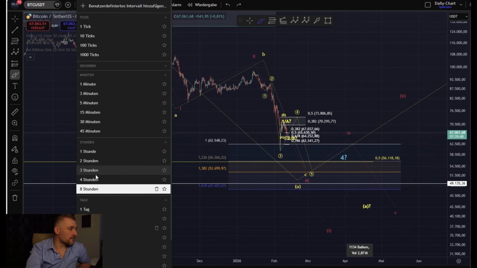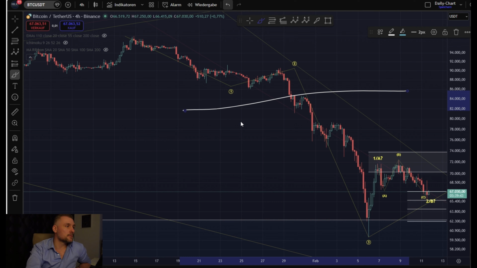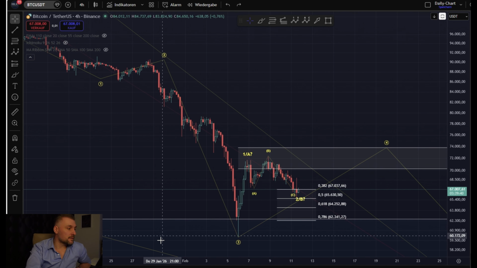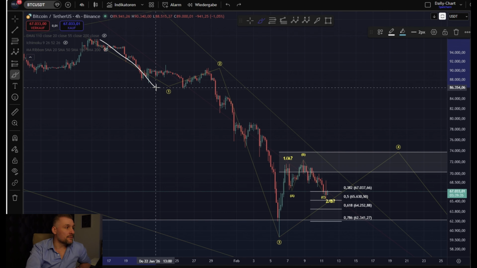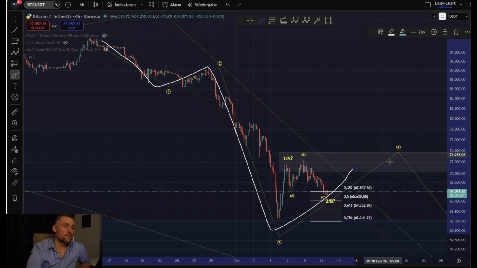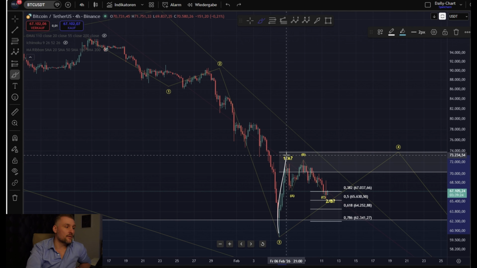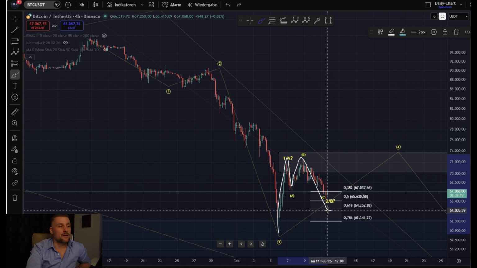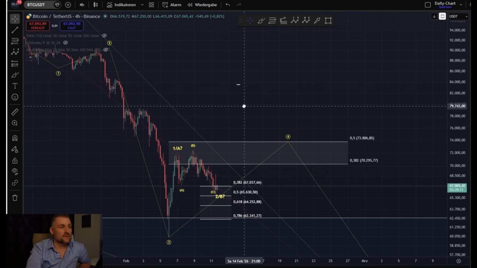And when we jump on the 4-hour, I can jump into the current structure here. And there we have here our wave 1 of C, wave 2 of C, wave 3 of C. And now we are here in wave 4, which is an A wave. Then we have the B wave as an ABC, A, B, C. And now we will probably get one more push to the upside, and we'll test the resistance of wave 4.